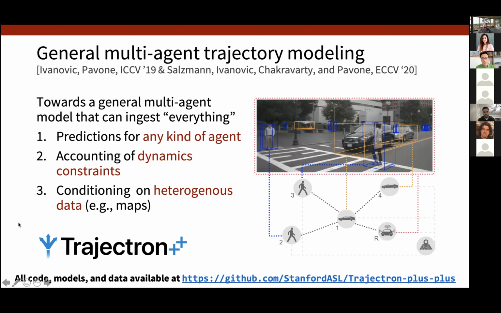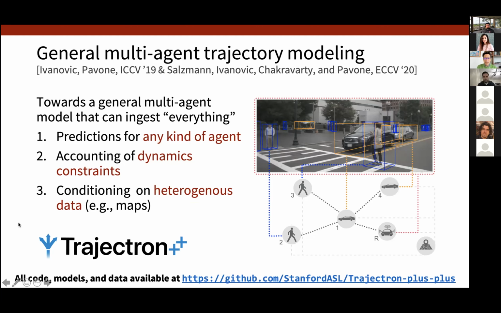Within a model-based approach, the first step is to design models for intent prediction and trajectory forecasting. In my lab at Stanford, we have developed a general framework to forecast human trajectories, which we call the Trajectron++. This framework is based on a conditional variational autoencoder model that can ingest as conditioning variables for the predictions a